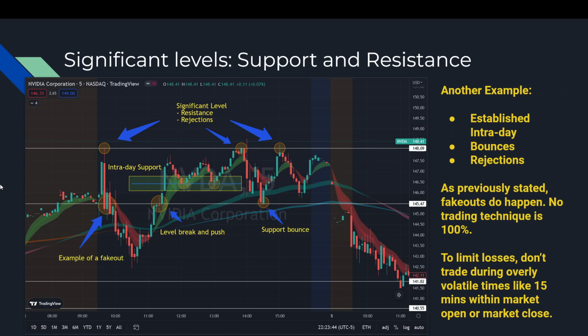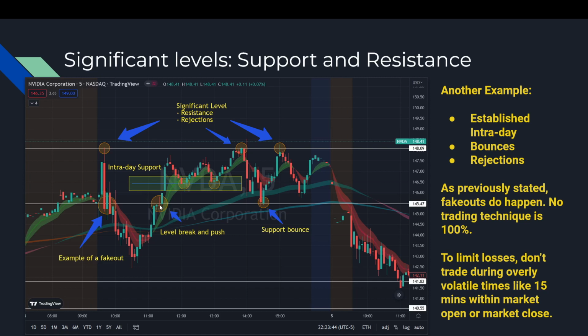So this is just another example on a different chart in the video. And this is an example of a fake out here. This is the first 30 minutes of the market open, last 30 minutes over here. So it did close below the level, and then it reversed back up, reversed back down. This is that increased volatility that I'm talking about that you can avoid to minimize your fake outs, minimize your losses. And then you can see the levels still significant later on in the day when volatility is gone,